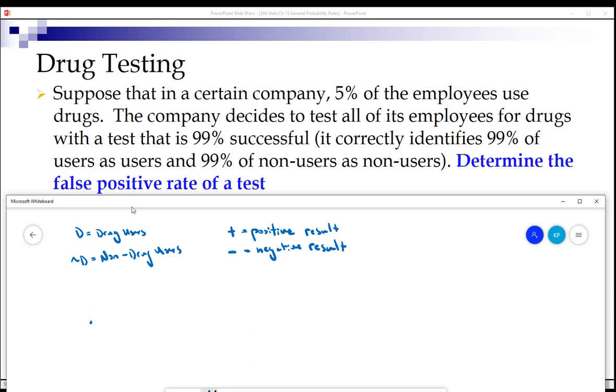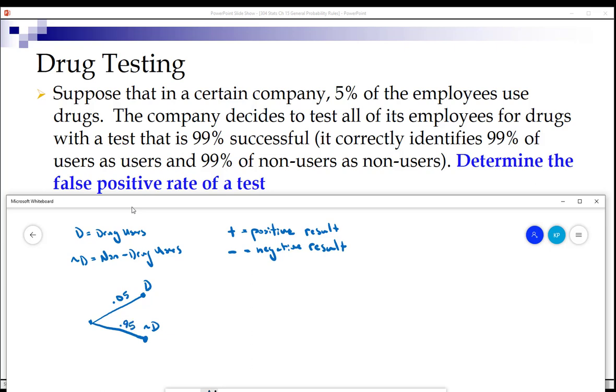When I create my tree diagram, I start with a node, which is just a starting point. So you always have a start point. So starting from there, there's two possibilities. Either I could choose a person who does drugs, and I'm going to mark that as a D, or I could choose an employee that doesn't do drugs, and I'm going to mark that with a not D or a tilde D. The probability that someone does drugs at this company chosen at random is going to be 0.05, and the probability that they don't do drugs is going to be